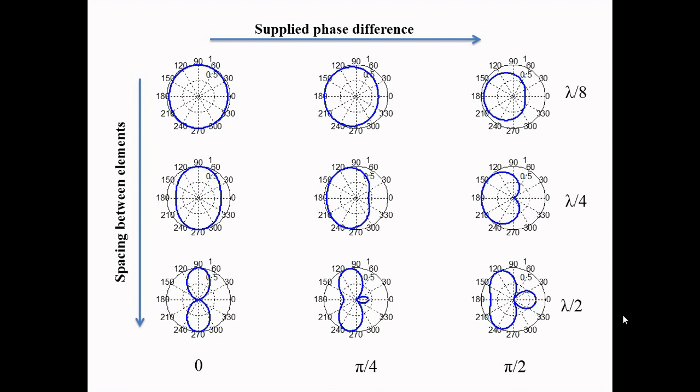With this I'll stop this tutorial, because I think whatever we have studied is good enough to start making broadside and end fire arrays of dipoles using the 4NEC2 tool. So I'll see you in the next video, where we'll see how to make an array of half wave dipoles, and how to make a broadside array as well as an end fire array.